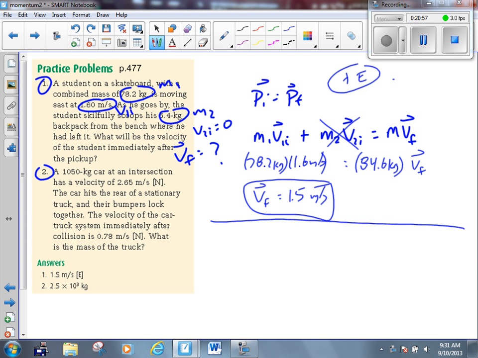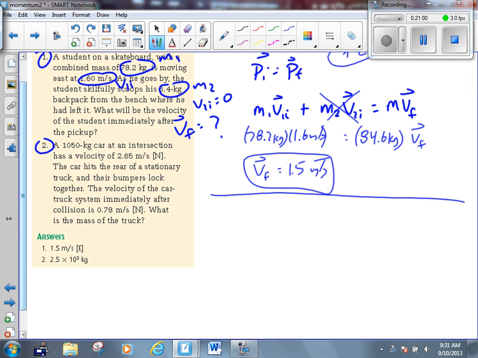Number 2 says a 1,050 kilogram car at an intersection has a velocity of 2.65 to the north. The car hits the rear of a stationary truck, and then their bumpers lock together. So how many objects do we have before this collision has taken place? There's 2. We're going to call this one M1. This one's going to be what? V1, or V2? V1, yes. V1I or V1F? V1I, good. The other object, the truck, sorry, that's an F. I said I, but